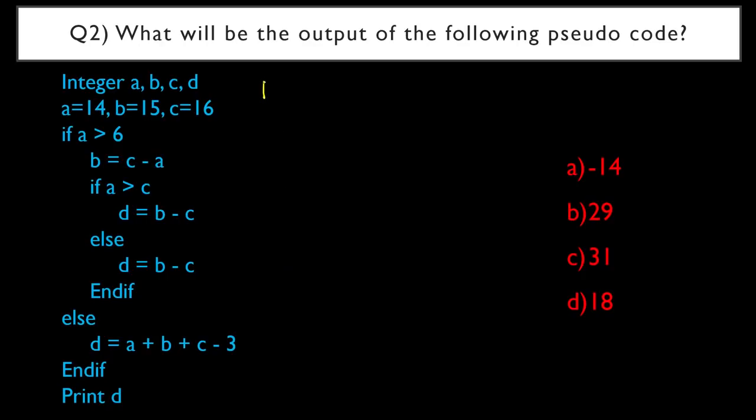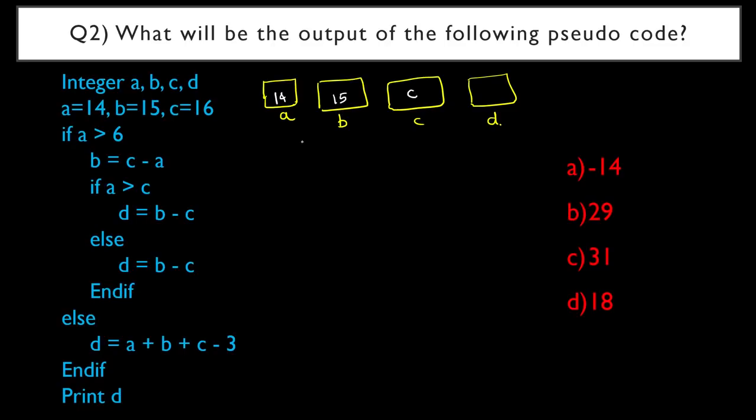So we have four variables that we need to keep track of. We have A, we have B, we have C, and we have D. Right now what we did is we assigned 14, 15, 16 to A, B, and C respectively. So let us just do that. Next we have a bunch of if conditions. This if condition comes from here till here, and this is the else condition of this if condition. Now if this condition becomes true, this whole thing will be executed. Inside here we have another if condition that ends here. So if this is true, this will be executed, otherwise this will be executed.